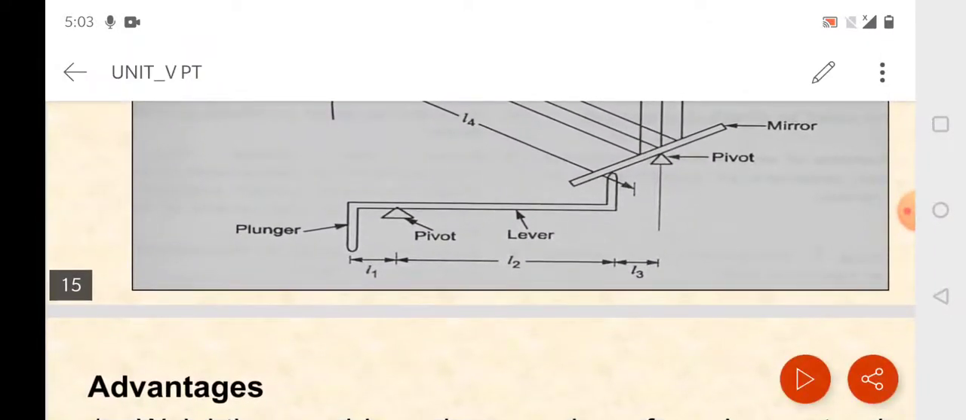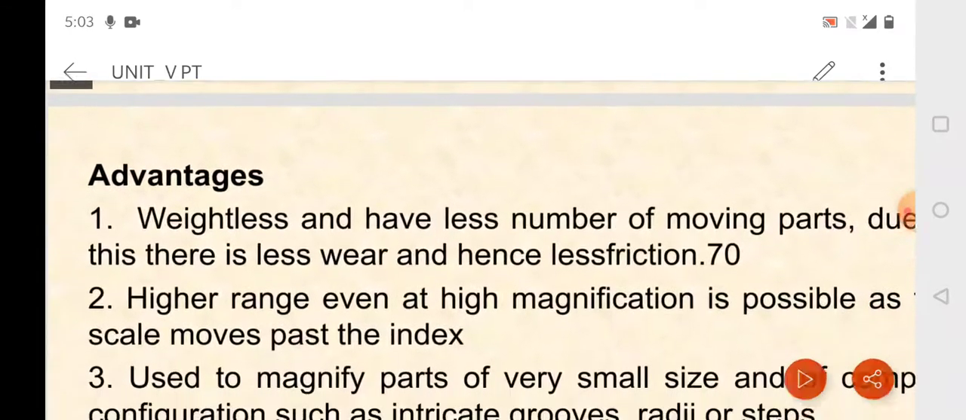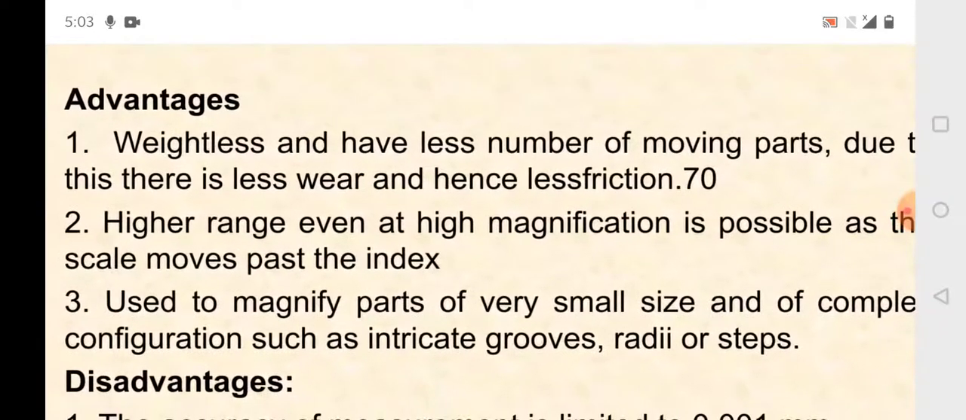There is no mechanical mechanism used, as we have seen in mechanical type of comparators such as the dial indicator, where the magnification is done with the help of a number of moving parts, maybe a gear train. So here the moving parts are very few. Due to that, friction is less, wear and tear is less. Higher range, even at higher magnification, is possible. Magnification can be very high